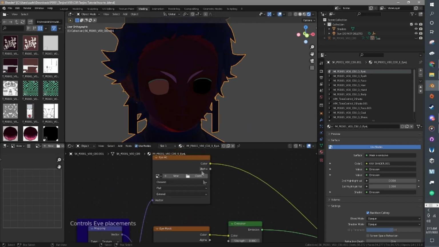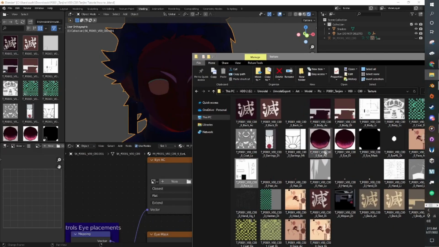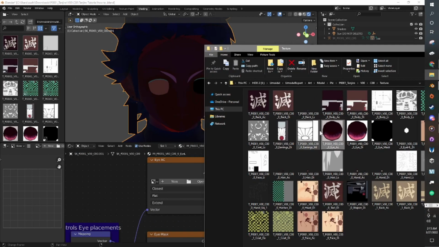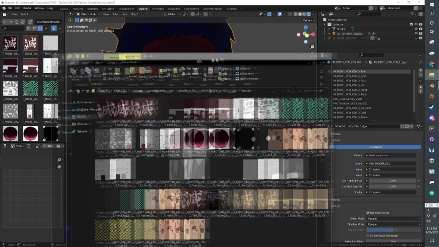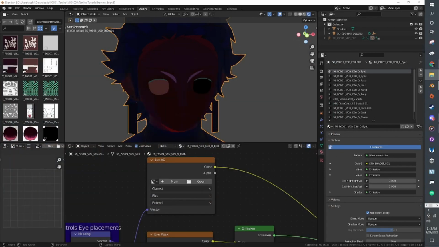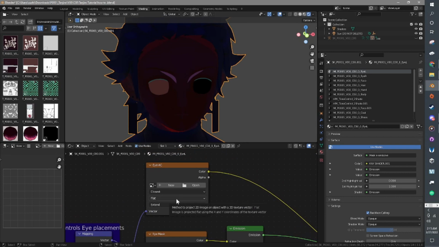I've also labeled each of the texture inputs we need. So IAC would be right here, the IAC texture. This would be the shadow color or something similar if you have worked with Arc System models previously. The AC is kind of like the SSS texture from Arc Sys games. There's a lot of similarities to Arc Sys, but there's plenty of others that aren't Arc Sys related. It's mostly traditional type of modeling